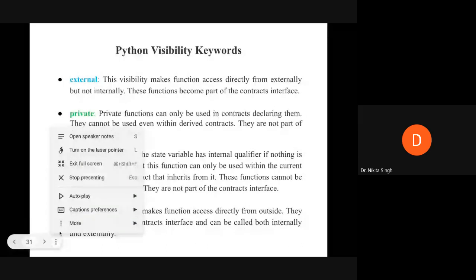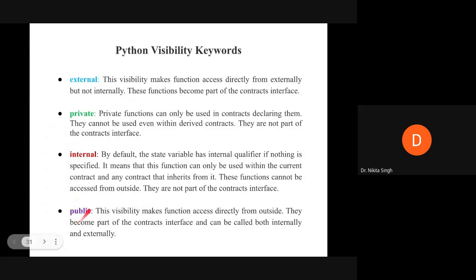You have the public keyword, the private keyword, the internal keyword, and the external keyword, and all of these keywords provide some kind of visibility to your functions. And you know that you are using functions to manipulate whatever data is being stored on your blockchain.